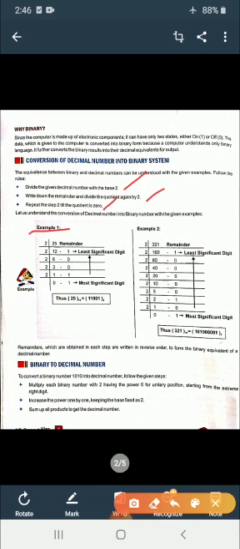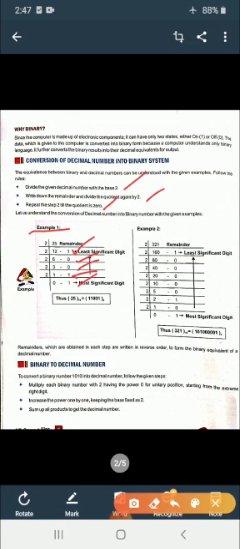In the second step, we write down the remainder and divide the quotient again by 2. So I have written 1 here and I am dividing 12 by base 2. 2 6s are 12, and there is no remainder, so I have written 0 here. Next, 2 3s are 6, there is no remainder, and I have written 0 here. 2 1s are 2, here 1 is left out, so I have written 1 here. 2 0s are 0, so 1 is left out, and I have written 1 here.